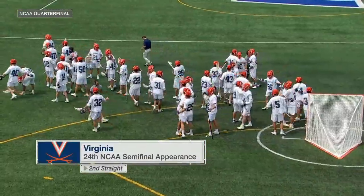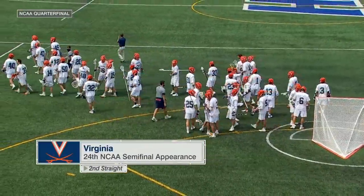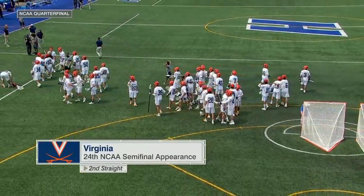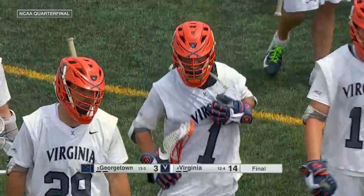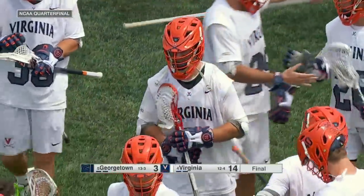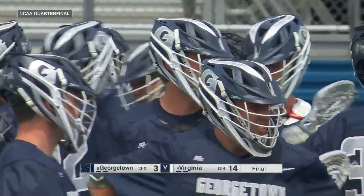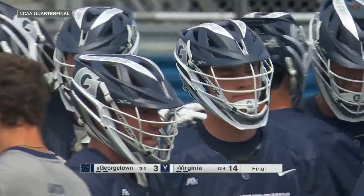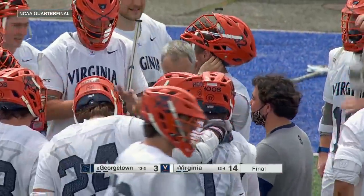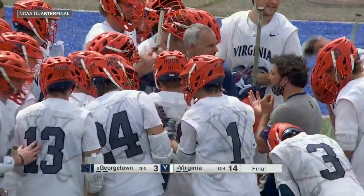Battle-tested, and today they played, you could argue, like the team that everyone felt had the pieces not only to win this game in Georgetown, right, but to make a run at a national title. So Virginia answers the bell. They go to their experience, but it was their youth and their freshman midfielder/attackman, Connor Schellenberger, that was unguardable and unequivocally the best